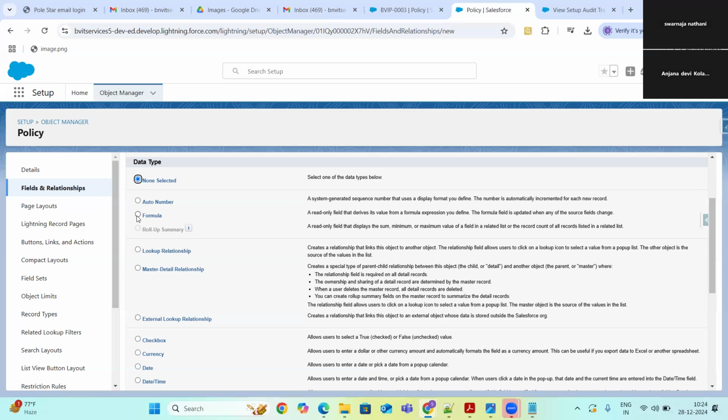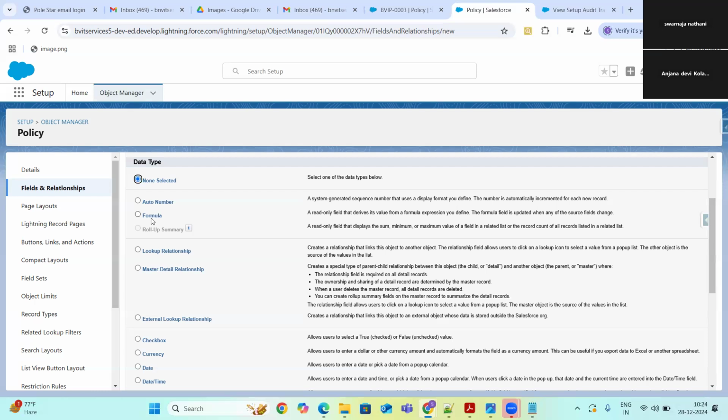But the actual real time work that you are going to do is something which started from yesterday. Like they will ask you to create an app, to adjust the tabs, create the tabs, and they'll ask you to create the objects, and to create the fields, and give the profile permissions. And coming to the fields, formulas are the ones.